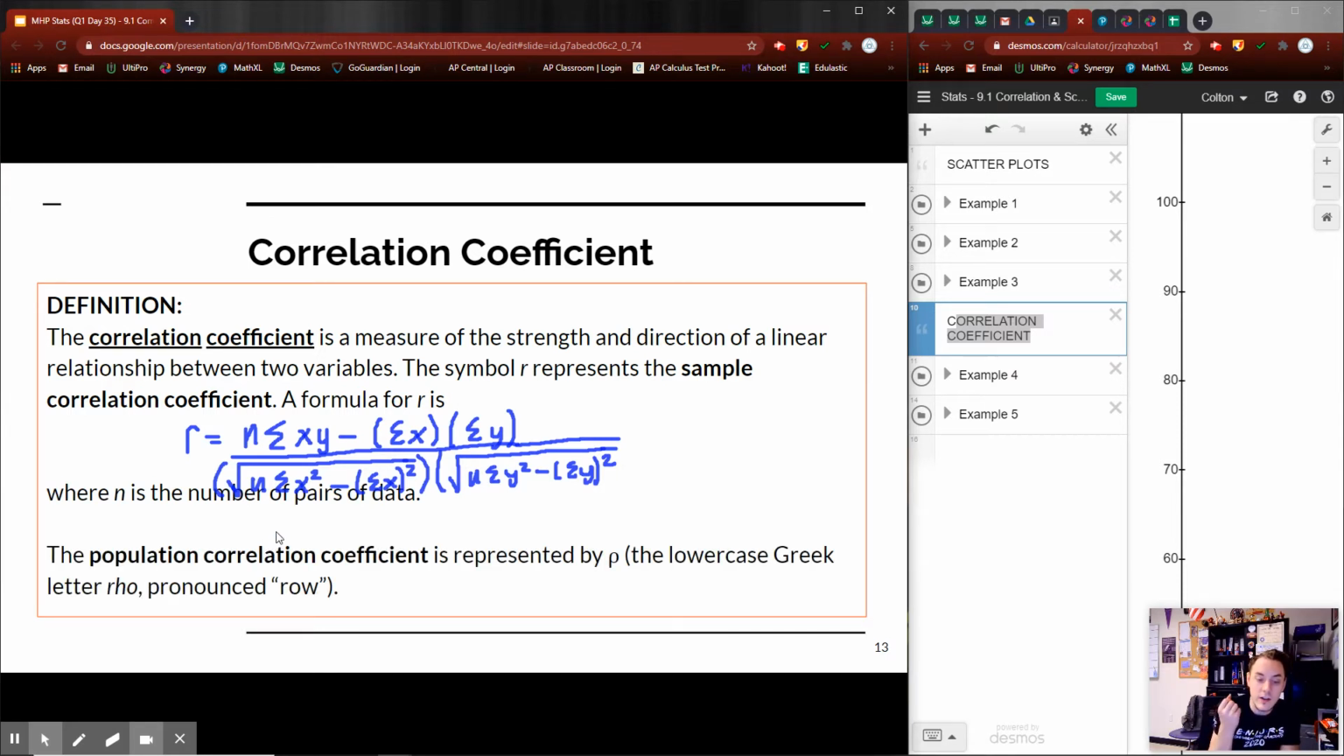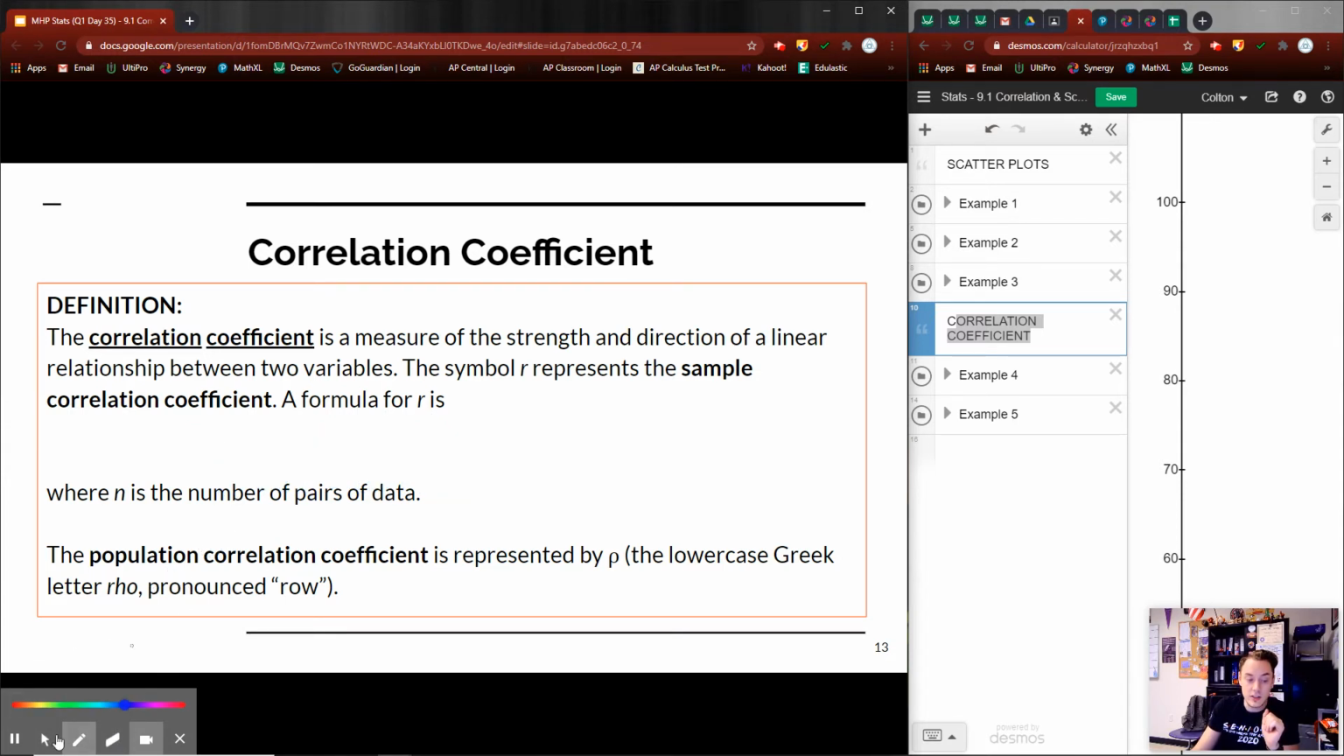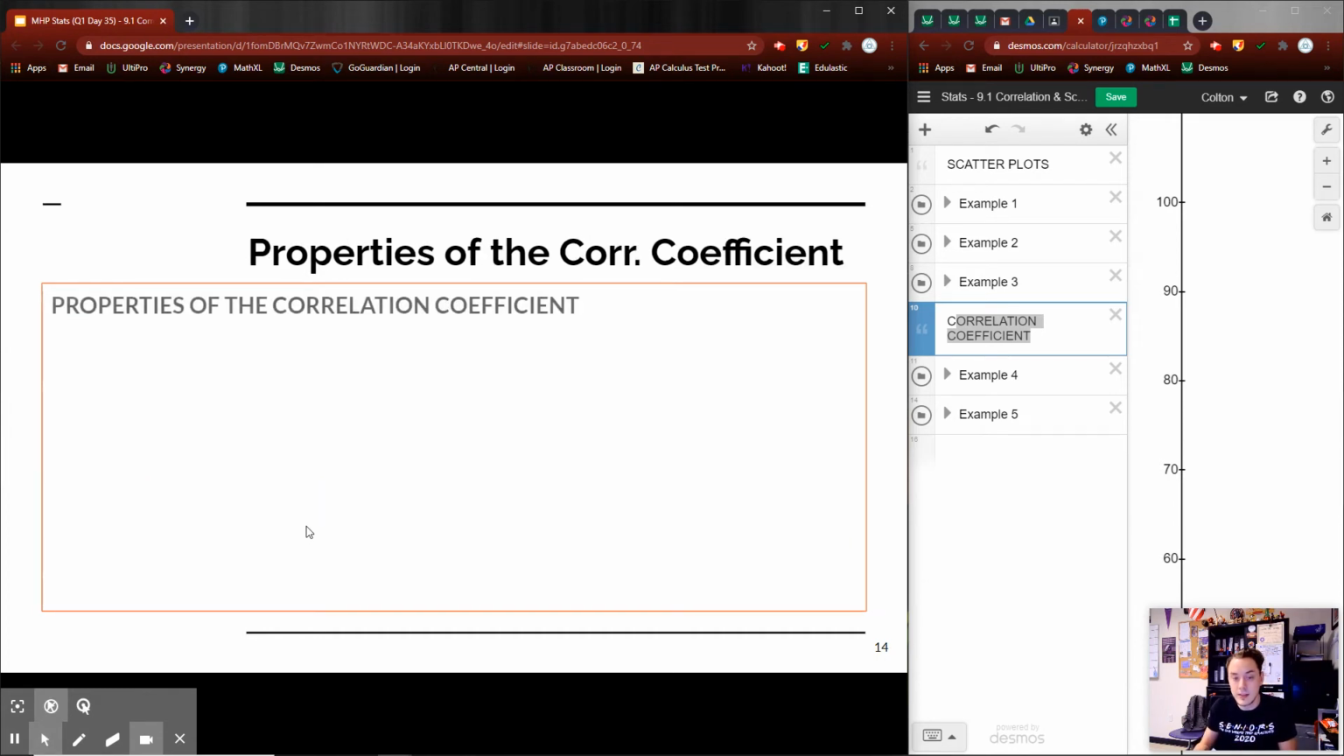Now, the population coefficient is represented by rho. It looks like a little ph or a p there. We never really calculate the population correlation coefficient. That's going to be for advanced mathematics and advanced stats. We don't need to calculate that. We primarily calculate the sample correlation coefficient. So let's get into the properties of what this correlation coefficient looks like. And then after we get into the properties, we're going to start doing some math on it and then finish out with some